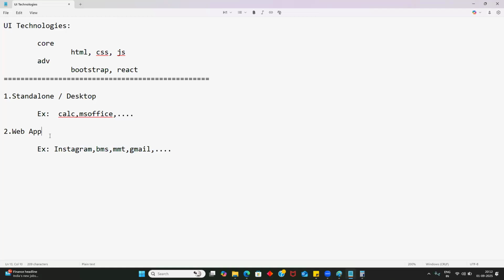A web application is an application which is installed on a server. Hope you recall that in the last session I explained a DevOps kind of example. Instagram or BookMyShow, everything is installed on remote machines, the rental machines I explained, and the application is installed on those rental machines. Through the internet we are able to access the services. Instagram, BookMyShow, all we access through the internet only. All these types of applications are called web applications.